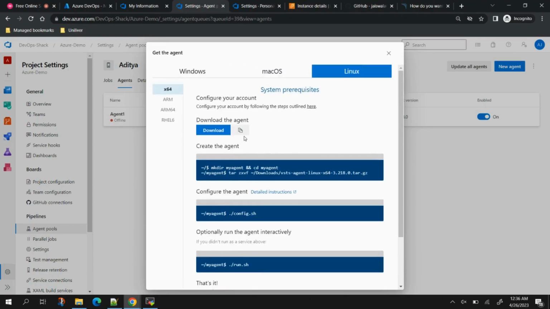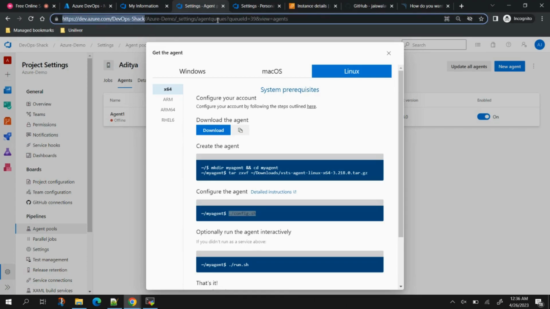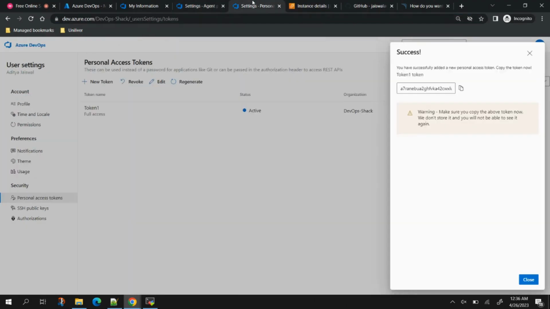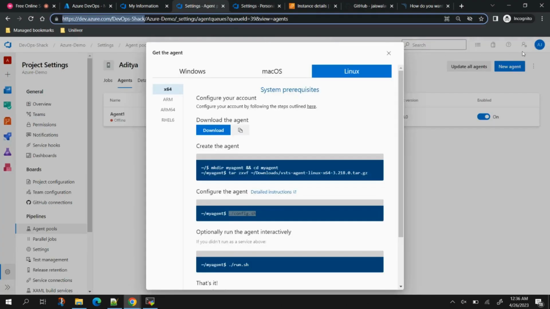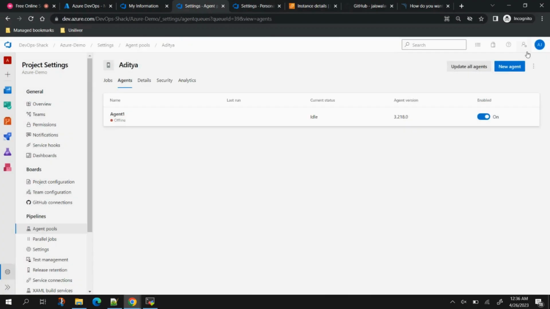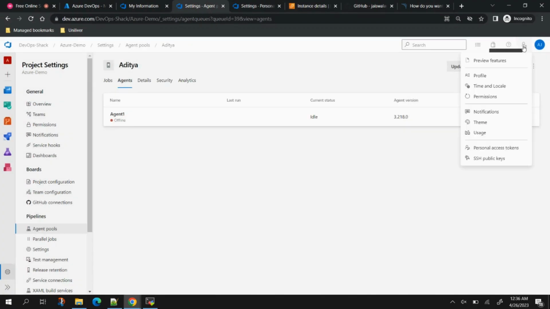While you are running these commands, when you reach this stage, it will ask for the organization URL, for which you can copy the URL this much and paste it. And second, for authentication, it will ask for a token, a personal access token, which you can generate. Let me close this. You can generate it by clicking here, user settings,